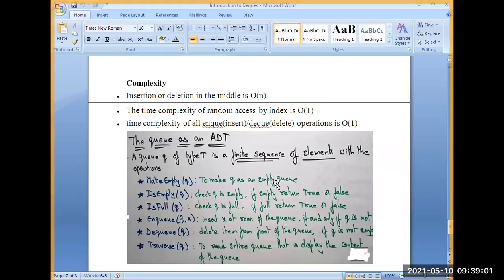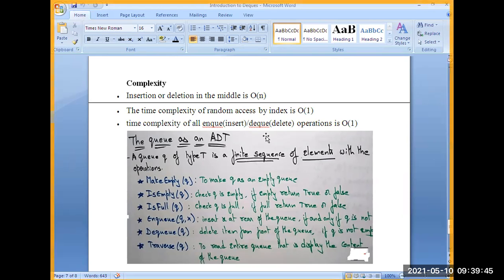ADT is also used to store data and allow various operations on the data to access and change it. If you want to change the data, by using ADT also you can change the data. But here the implementation is hidden. For clear students, just identify the operations here.